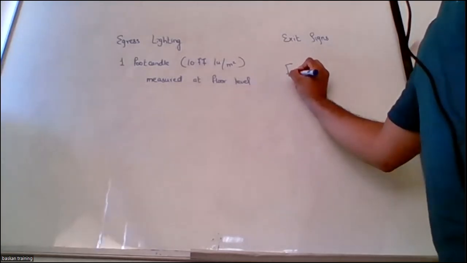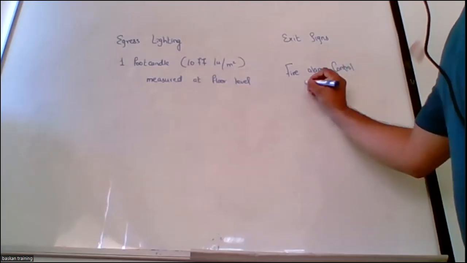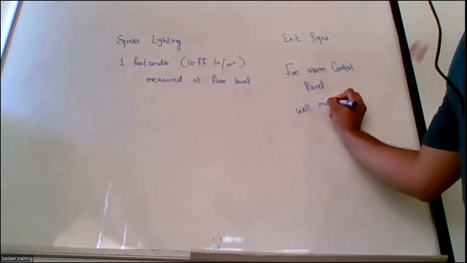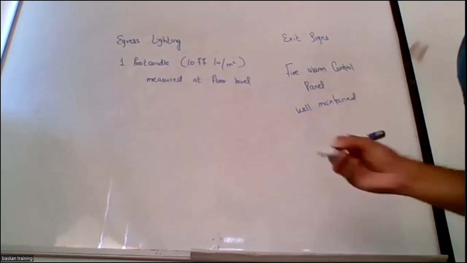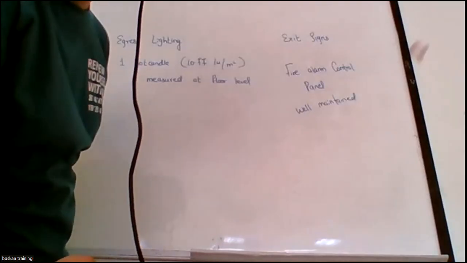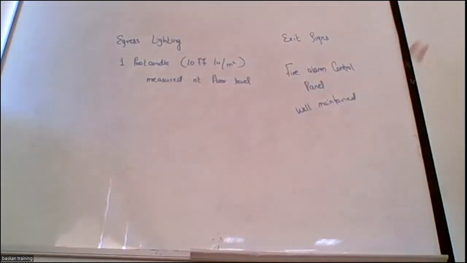Your fire alarm control panel is again an important component of means of egress, and it should be well maintained. What is the most important component of the alarm control panel to be maintained? The most important and the first component that needs to be checked during maintenance. We have discussed the fire alarm control panel's maintenance and components, right? Which is the first and the most important component that should be maintained?